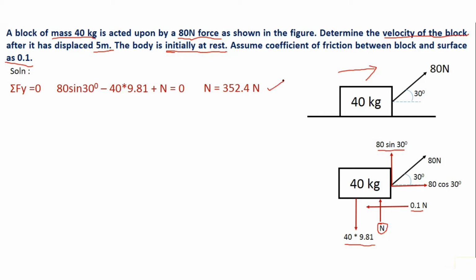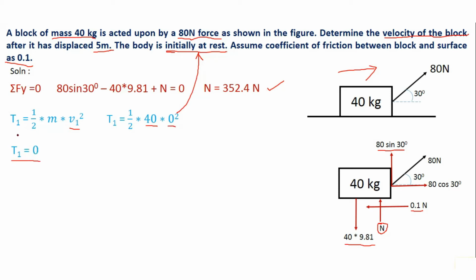The second step is to find the initial kinetic energy of the body, for which I have T1 is equal to half m v1 square. I will substitute all the values given to us. It will be half, m is 40 kg, into v1 square. You can see that in the question it is given that the body was initially at rest. That means the initial velocity is 0. Hence I will put 0 for v1, and I will get the answer for T1 as 0.